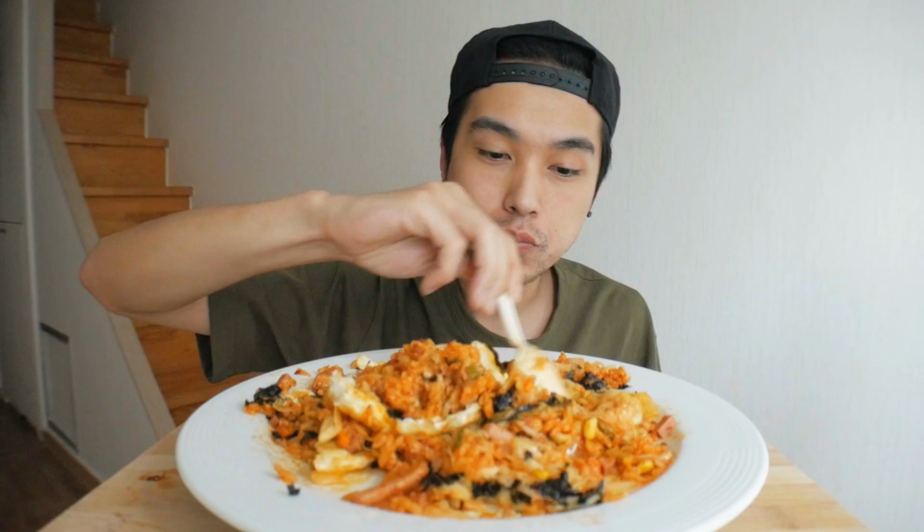You add in like the spicy pepper paste, the red pepper paste, and the rice, obviously. Like sesame oil, some other stuff. Some people like to put various stuff in there, but it's just a very simple thing. And it doesn't taste like,